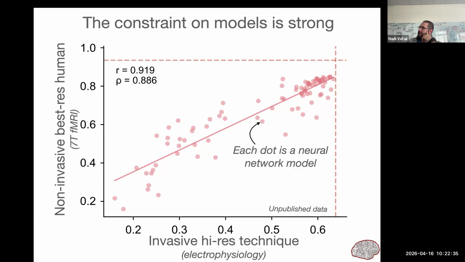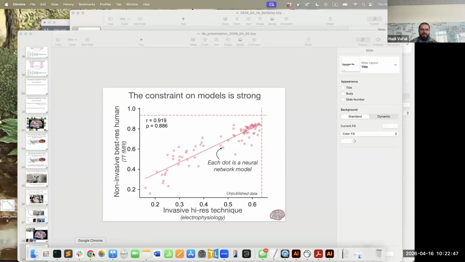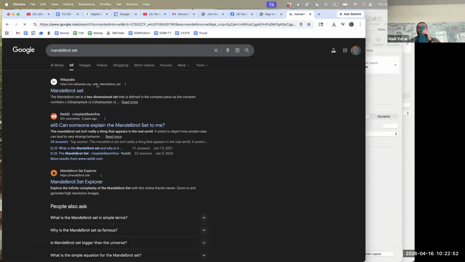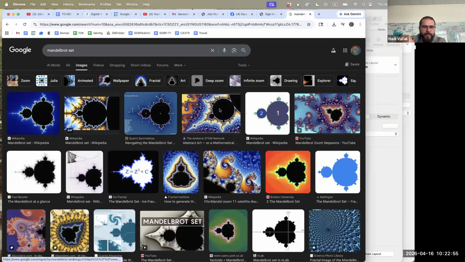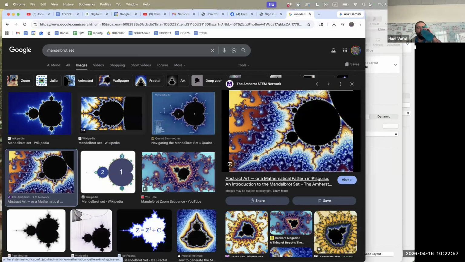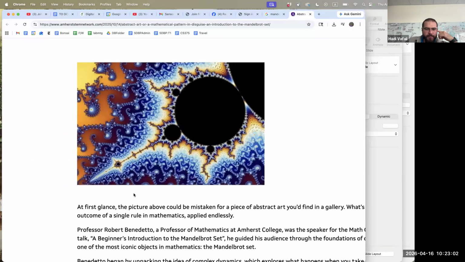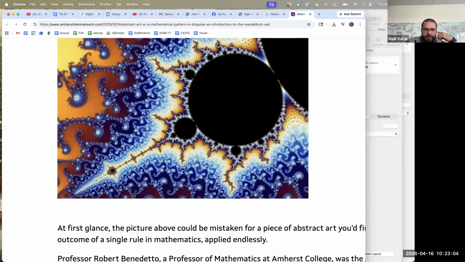Let me just give you a very brief analogy. You've seen complex fractals, like the Mandelbrot set or whatever. Let's just look at it. Okay, right, so let's look at that image. This is a very easy image to understand in a certain sense, because it's constructed through the iterative operation of an incredibly simple rule.